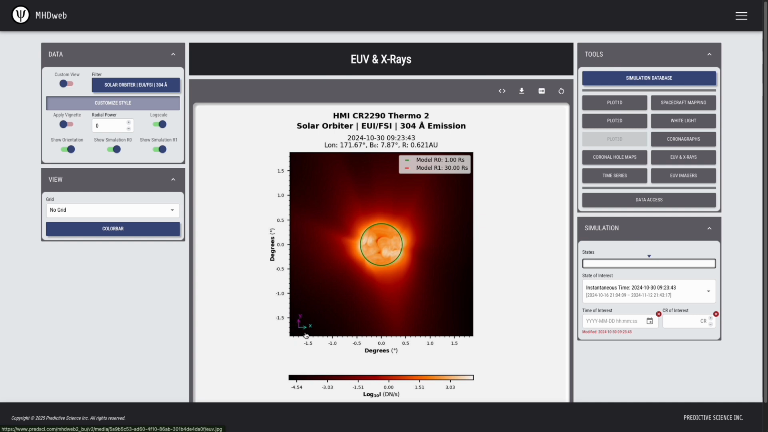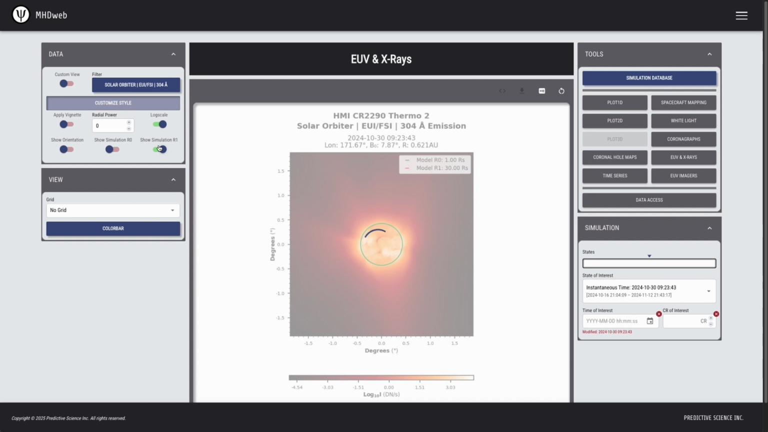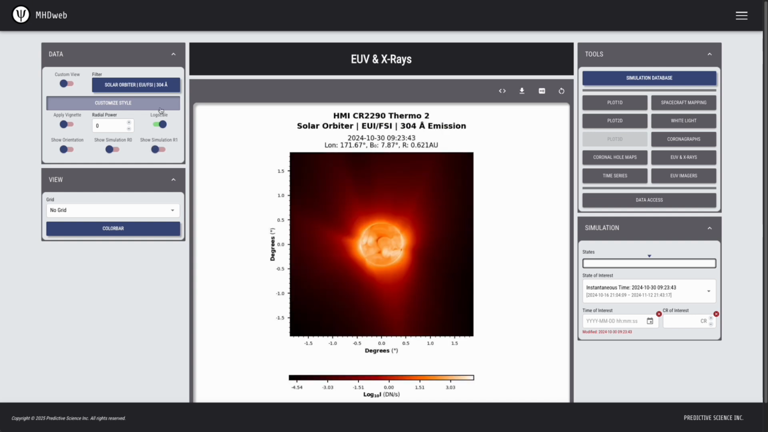So this is showing the P angle, which for this one is 0 degrees. This green line is the radial inner boundary, and the red line would be the radial outer boundary. However, for the EUV plots, generally speaking, the field of view is close enough that you're not really going to be seeing the model outer boundary. So I'm going to toggle these back off,